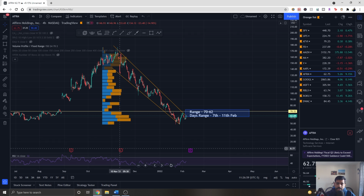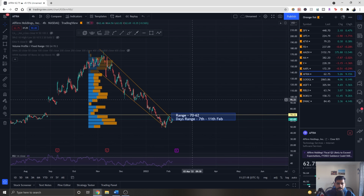So if you want to play this one, it could be a binary play. It will have a 50-50 probability of going in either direction. So I want to stay away from it. I am not going to take the risk of an earnings play. Now what I want to see is, if they project their earnings with a good future plan, then it will bump up quite high, up towards 100,